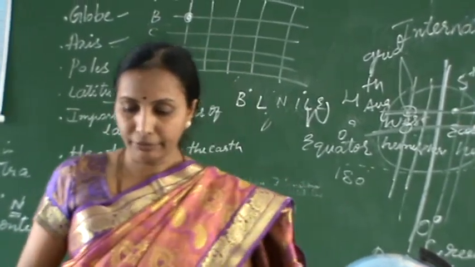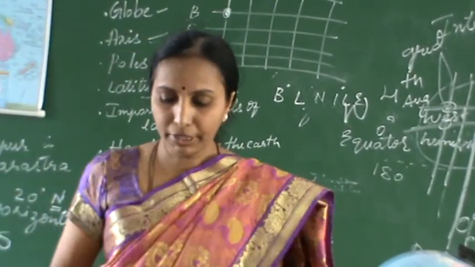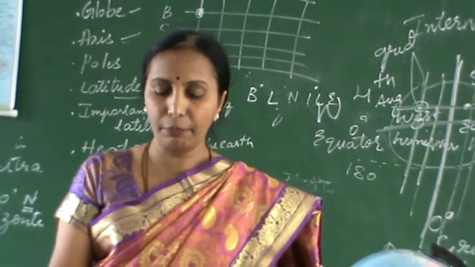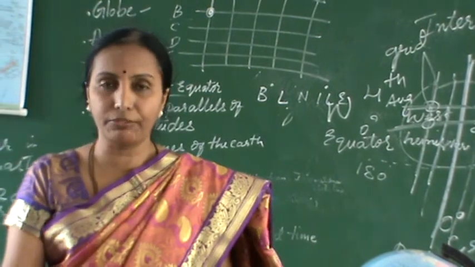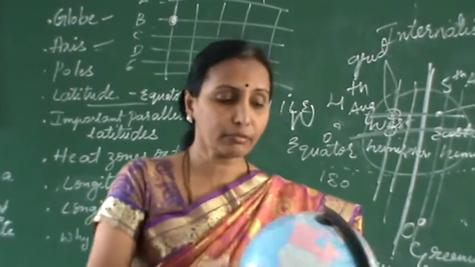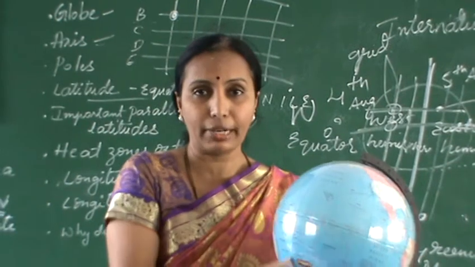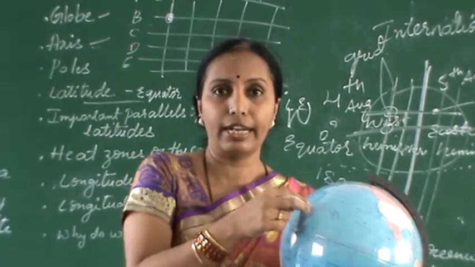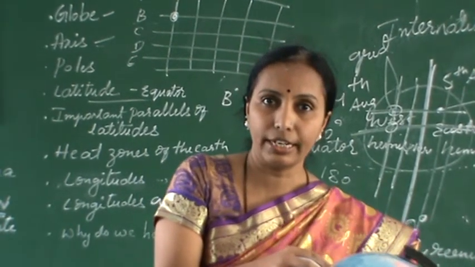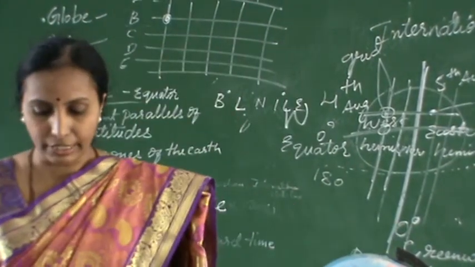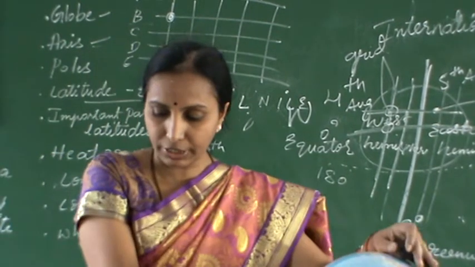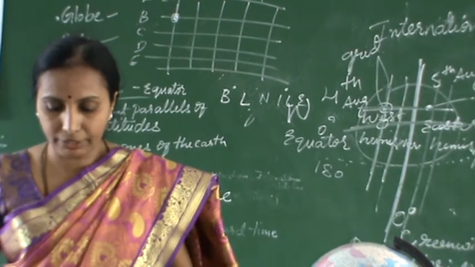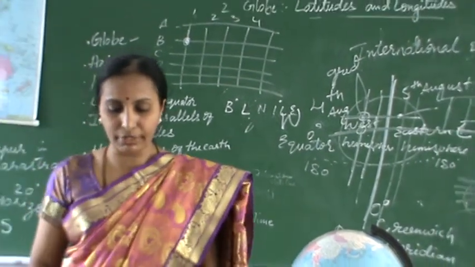In the same way, when the prime meridian of Greenwich has the sun at the highest point in the sky, all the places along this meridian will have midday. As we have now discussed the prime meridian, if it is 12 noon with the sun's rays overhead, then as the earth rotates from west to east, those places east of Greenwich will be ahead of Greenwich time, and those to the west will be behind it.